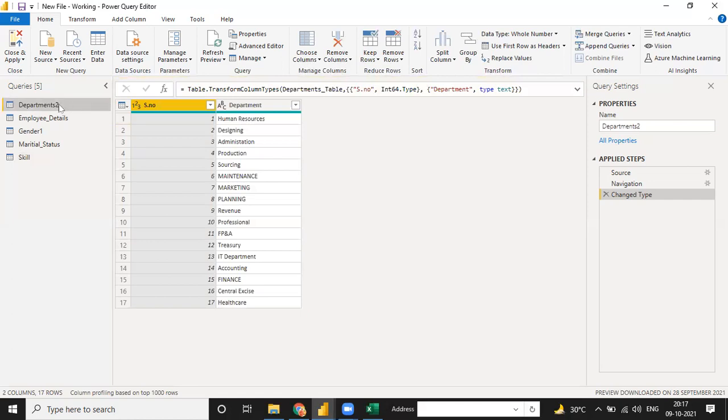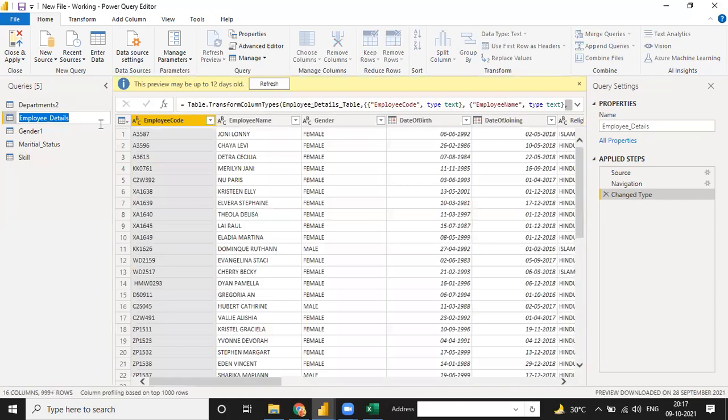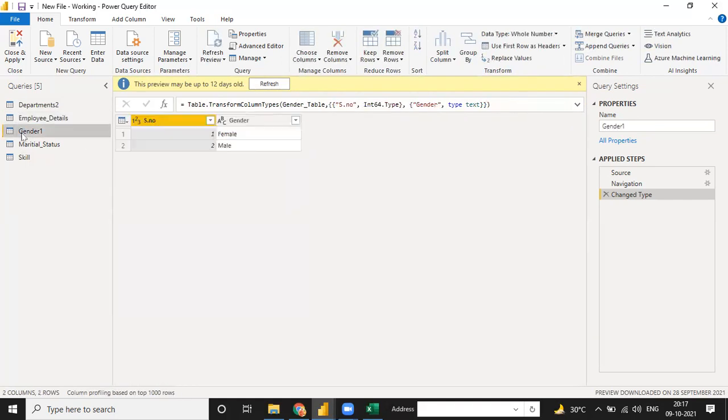Go to department table, employee detail, gender, marital status, skill. So all these tables we have, and see, on the right hand side we have one more thing, that